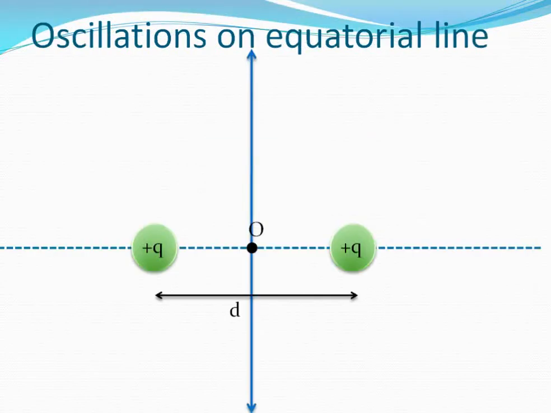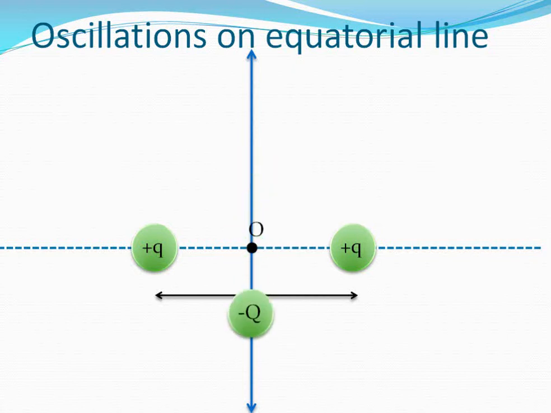A very interesting thing happens when you place a negatively charged particle on the origin, when two positive charges are placed to the left and the right of the origin respectively. So you have this two positive charge system, and suddenly I have introduced this special charge, minus capital Q. It has been observed by scientists that when I slightly displace this minus Q charge along the y-axis and leave it, it automatically starts oscillating. This is what happens. You can see the results of the experiment on your screen.